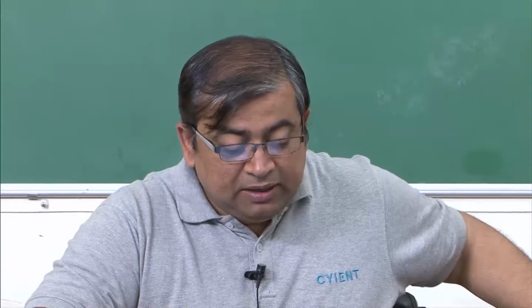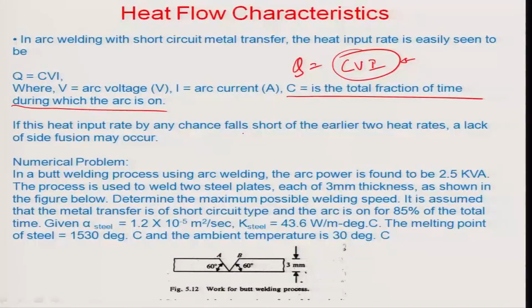So, in a butt welding process, for example, the arc power is calibrated to be 2.5 kVA, and the process is used to weld 2 steel plates, each of which has 3 millimeters thickness. We want to go ahead and find out the maximum possible welding speed. We assume that the metal transfer is of short circuit type, and the arc is on for about 85% of the total time,